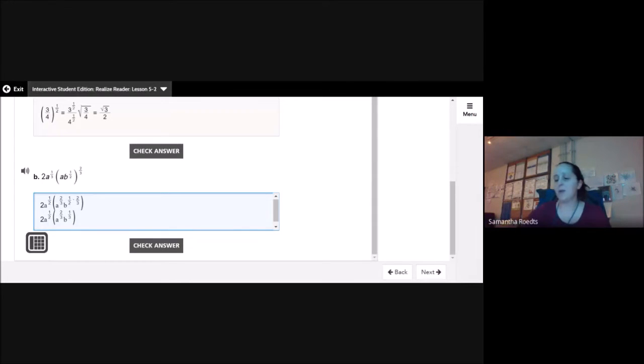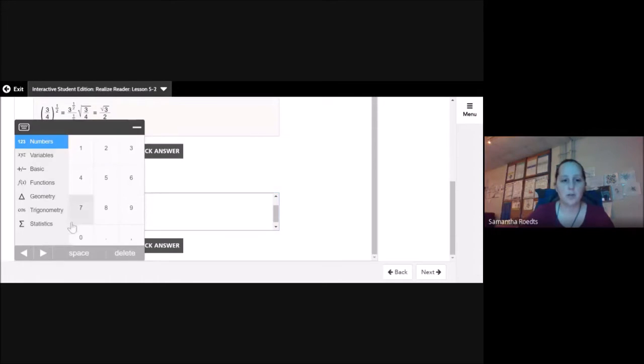So 7/6 or 1 1/6. And this is also like saying square root of a times b. So this is a to the 1/2, 5/6. So a to the 5/6, b to the 1/3. Okay. When I simplify this, I get 2a cube root